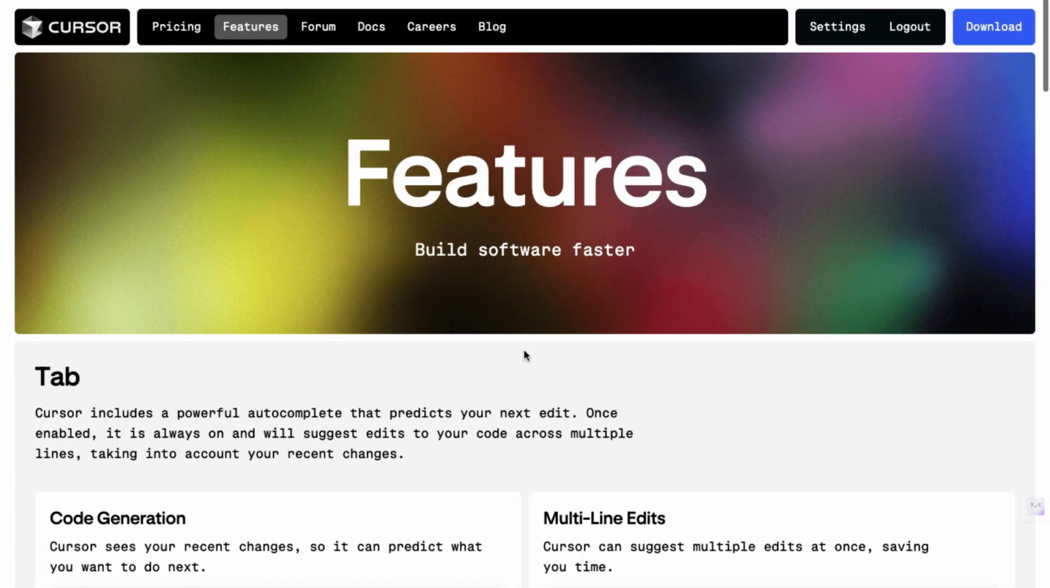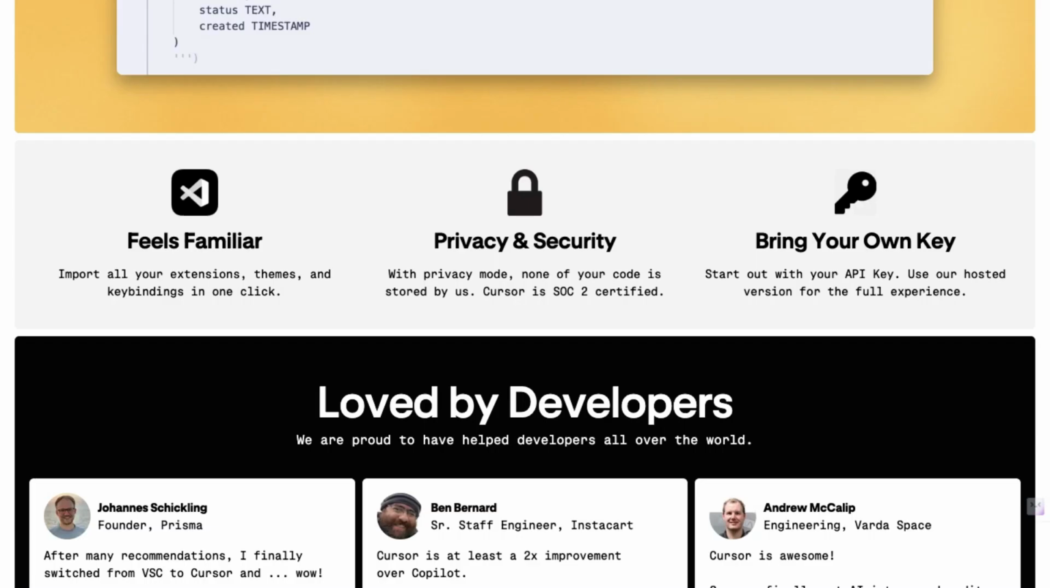In the tutorial, we will go step by step through the process of creating a website that includes sections like